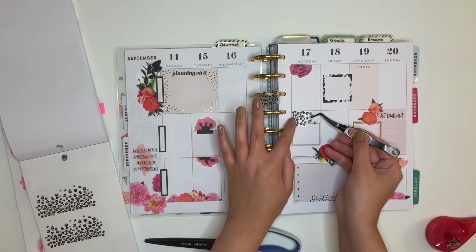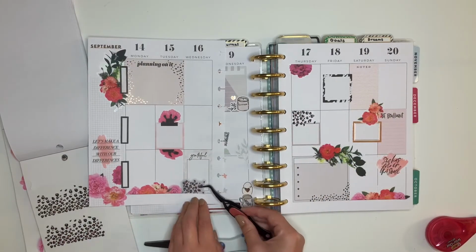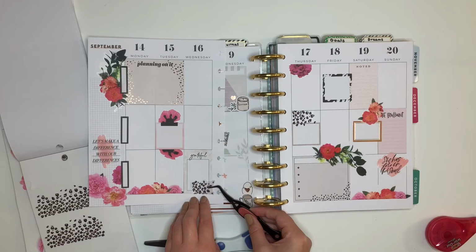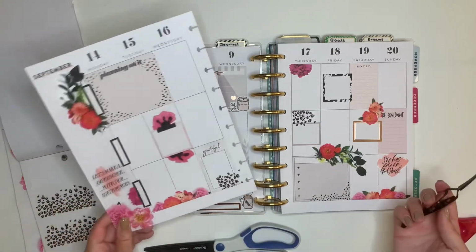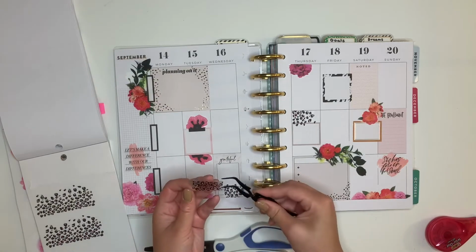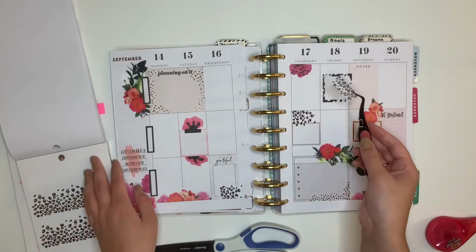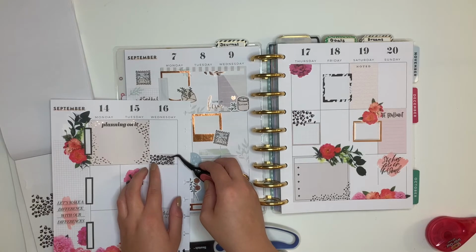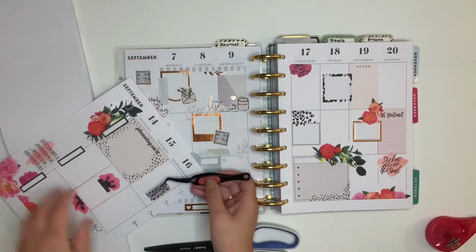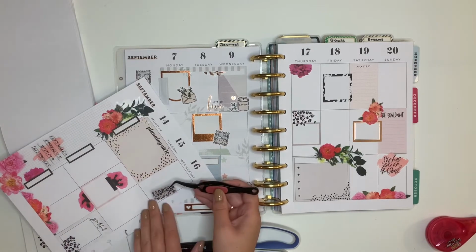Let's put cheetah print right up here. Got another chunk of it, and I'm gonna put it down here on the Grateful box. Just like that, little cheetah print. Like, you can't have a wild style spread without some cheetah print. This is a random strip of it that I have from something else, and I'm thinking that I'll put it right here at the bottom of Wednesday, even though it doesn't fill the entire box. Or we could do it here in the center, because I know it won't fill the entire box, but we can use it as